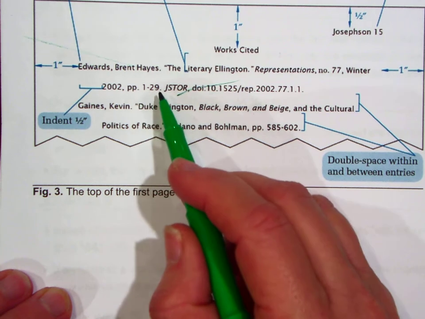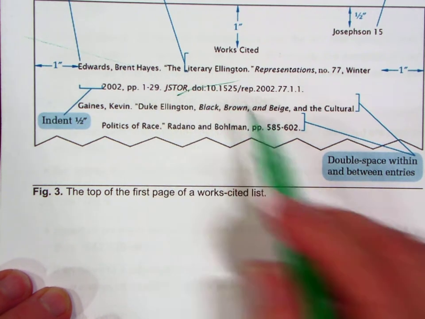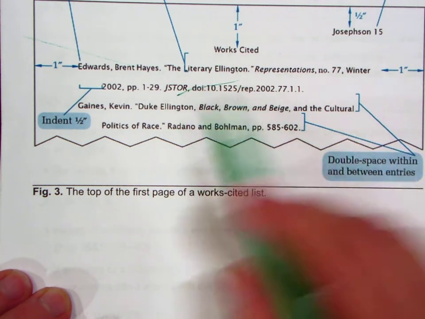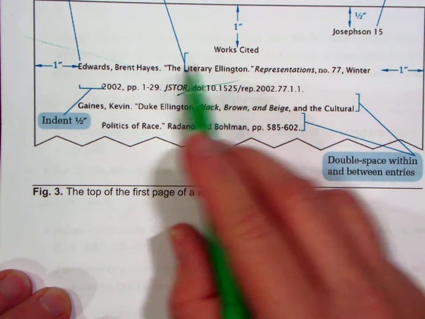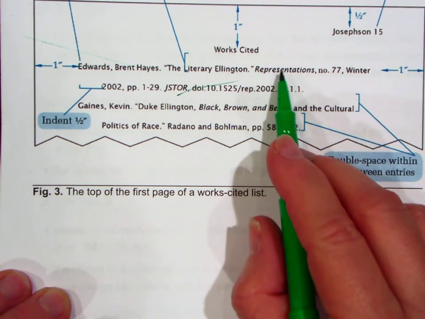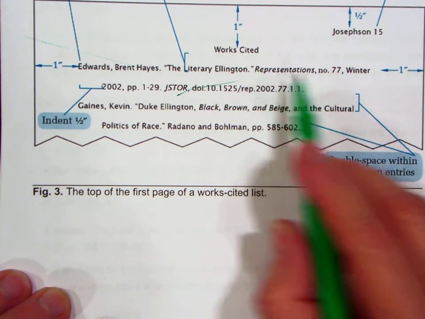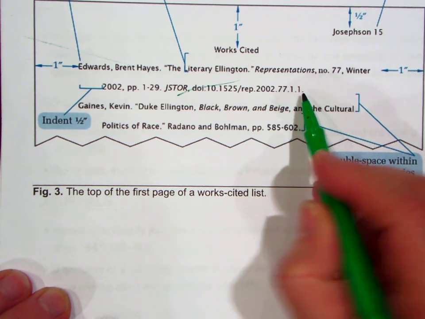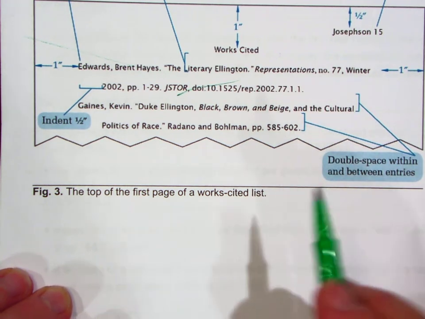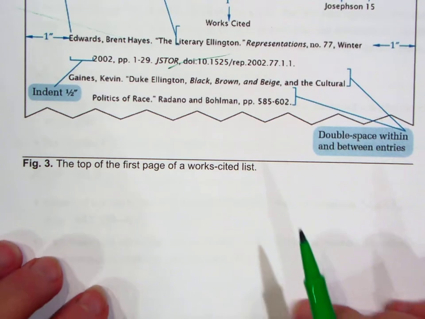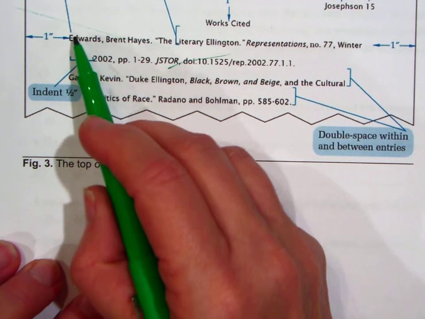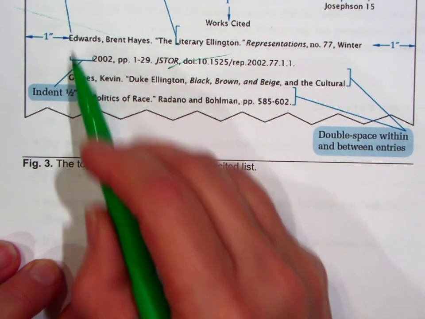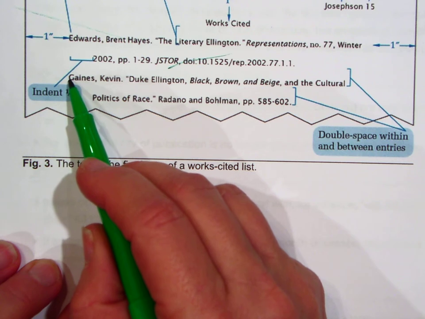What you should notice, though, is that there are quotations. For bigger works, I see italics. Every entry will end in a period. So there are some givens there. Alphabetical order is maintained. We go back against the margin for the next author, Gaines, comma, Kevin, who wrote Duke